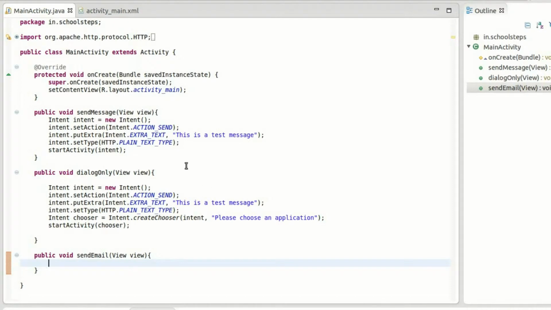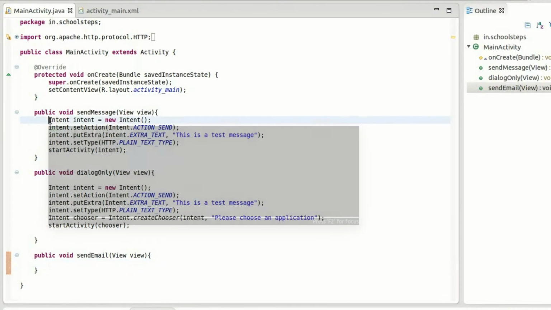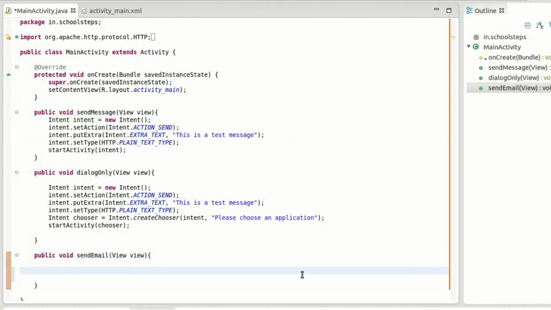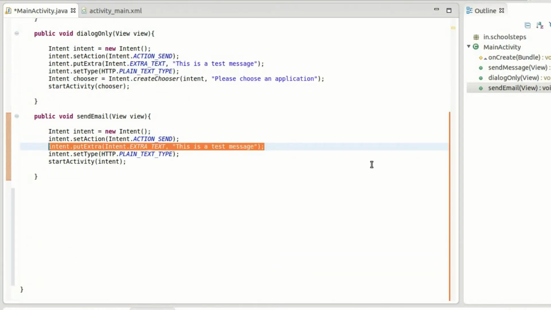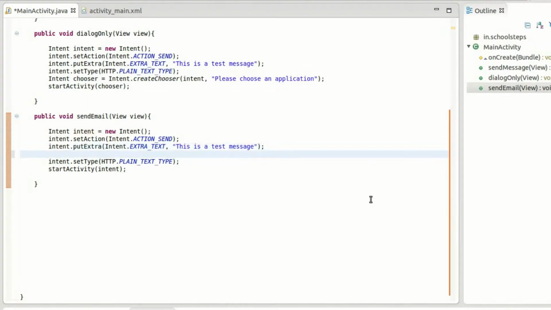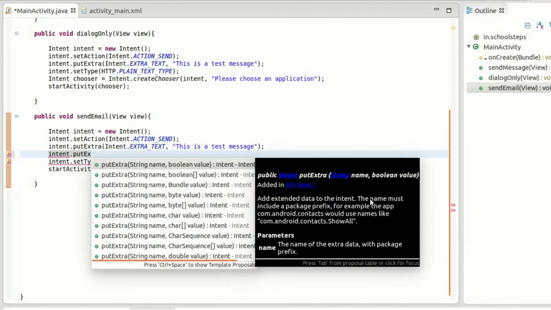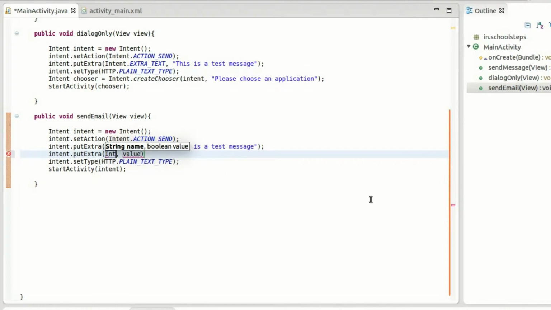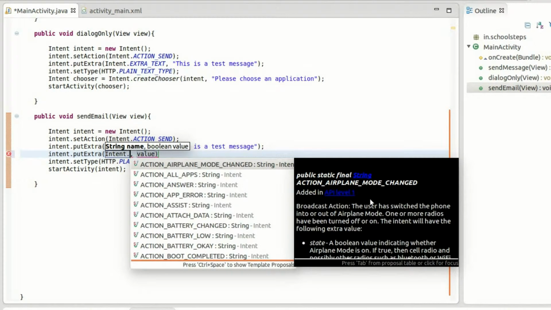Again, let's do the same thing. From the first method, let's copy everything and let's paste it in the new method. So in the existing method, there is only one put extra text which says this is a test message. Let's add the list of recipients to the email. Let's say intent dot put extra, and we need to say intent dot extra